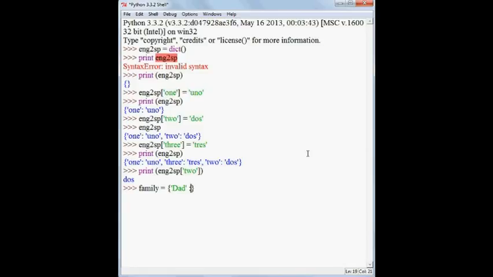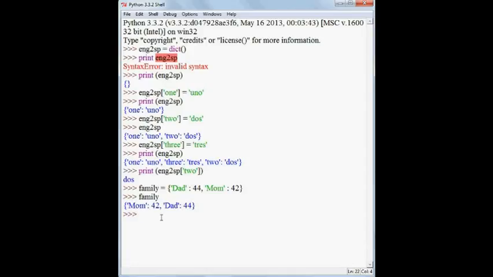I am creating an age-and-persons dictionary. So dad, let's say 44, comma, another key, say mom, and 42. Go ahead and check that. Now you can see that it has created the dictionary, and this was another way to create a dictionary.